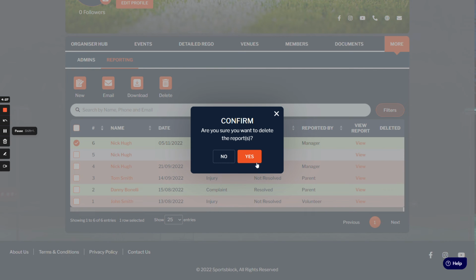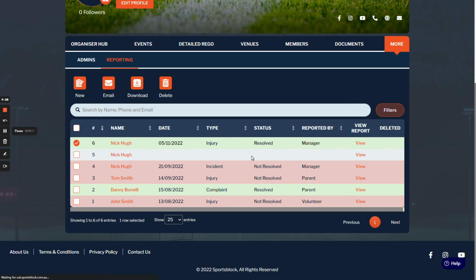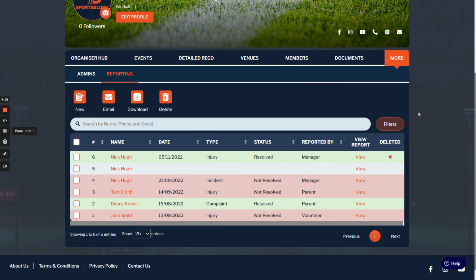So if we click delete and then click yes, what happens is it only gets soft deleted, and what that means is there is a 60-day grace period where this report will still be on the system and you can still access it and you can actually undo the delete, but for the first 60 days that report will not be erased entirely. Now after the 60-day period, obviously that's going to be erased entirely, but for the first 60 days you still do have